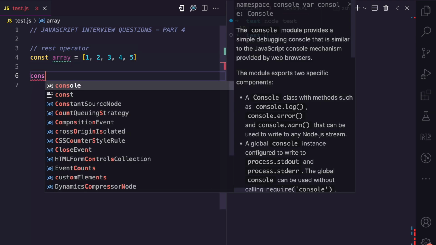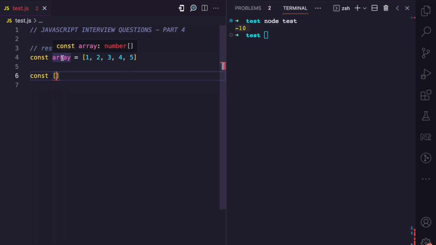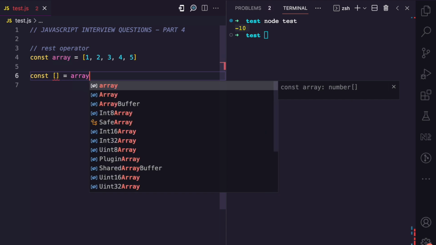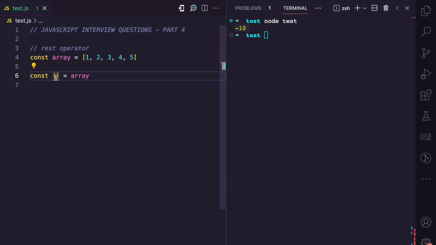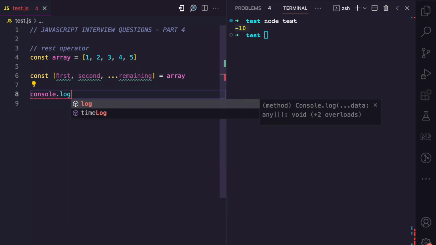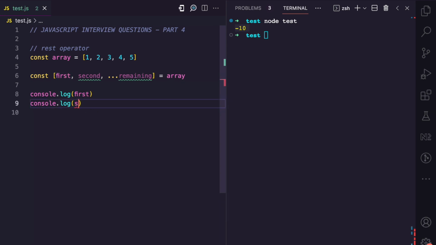So let's say I come here and I destructure this array variable, and then here I have array, which means I want to destructure it, and for the first item I assign it to the first variable, for the second item I assign it to the second variable. For the remaining items, I can basically call them remaining. So by using the rest operator, I'm able to get the remaining values of this collection that I have not assigned variables. So if I come here now and I console.log first, and I console.log second, and I console.log remaining,